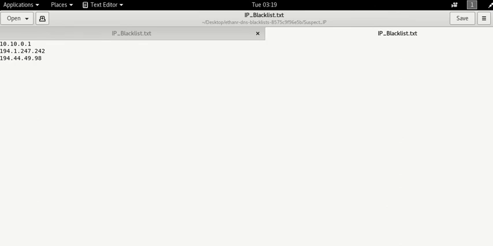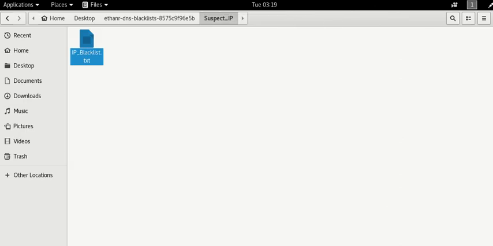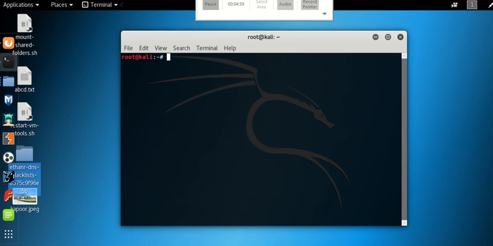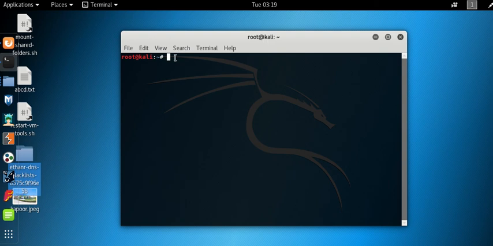After that, quickly open your terminal. Here we will give the path where we have kept that DNS blacklist folder. It is on the desktop, so I'm giving the path as cd desktop, cd name of the folder.